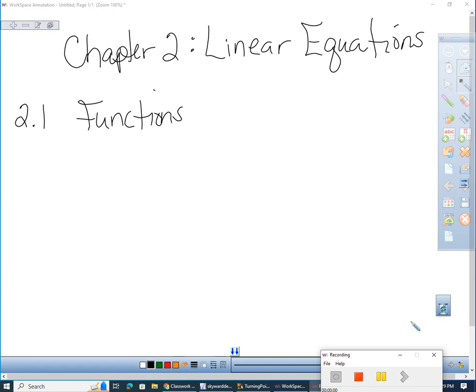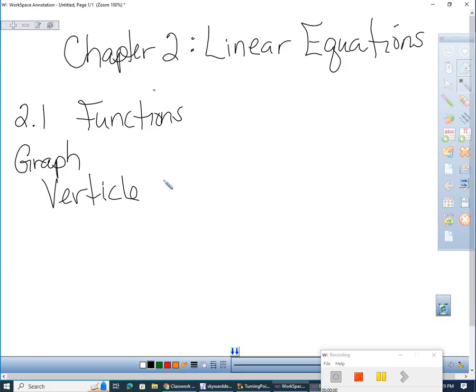We're going to talk about functions and all the wonderful stuff about functions. So first thing we need to discuss is if it is a function. So first thing, let's go by graph. Let's talk about it from graph perspective. In order to decide if something is a function from a graph, we use the vertical